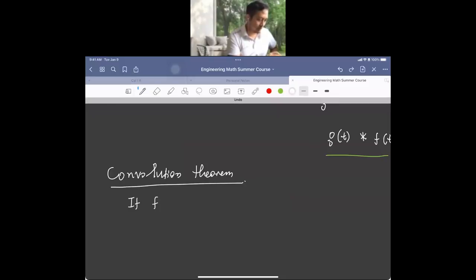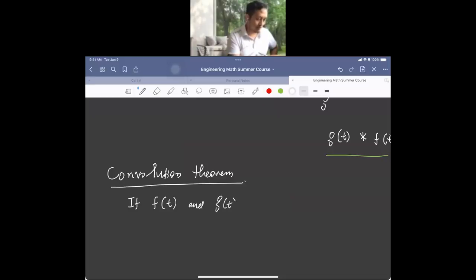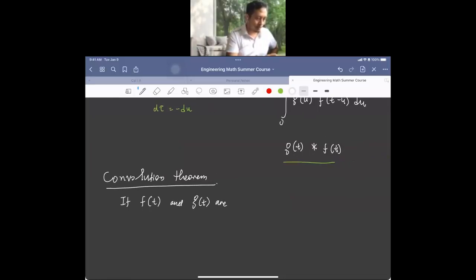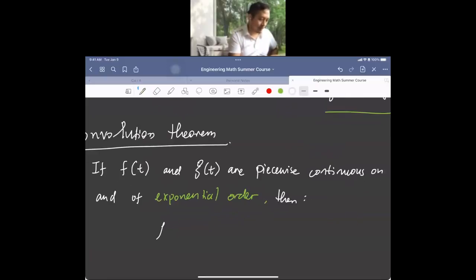So if f(t) and g(t) are piecewise continuous on 0 to infinity and of exponential order, then